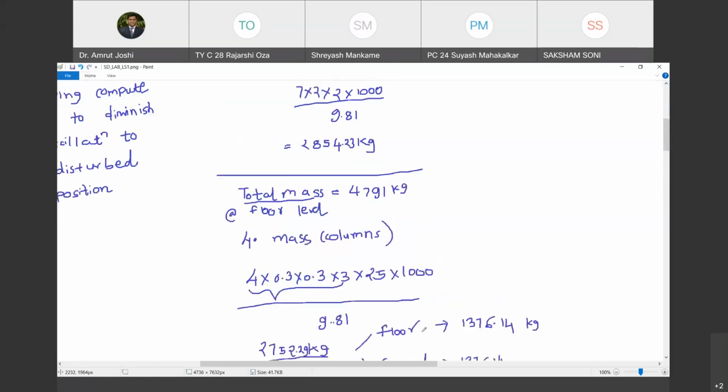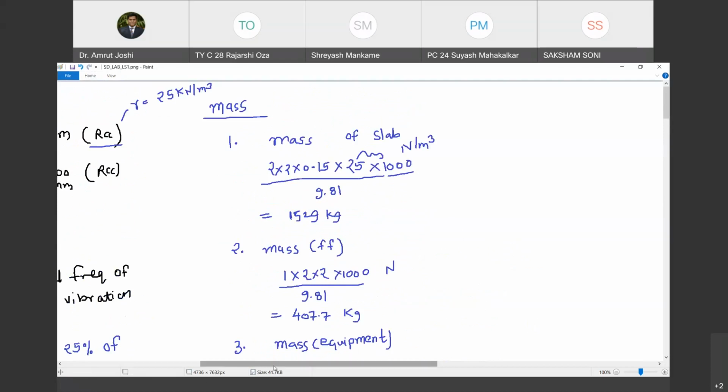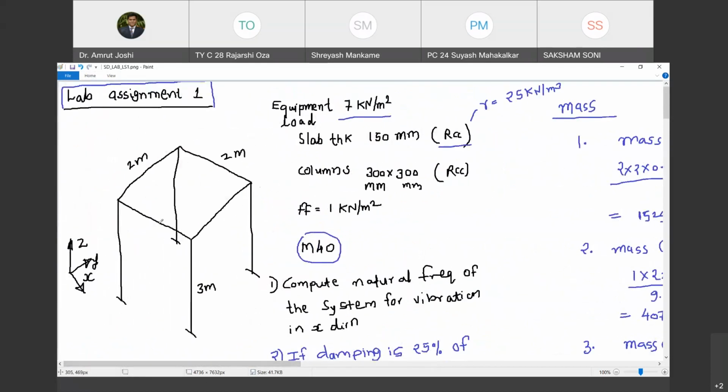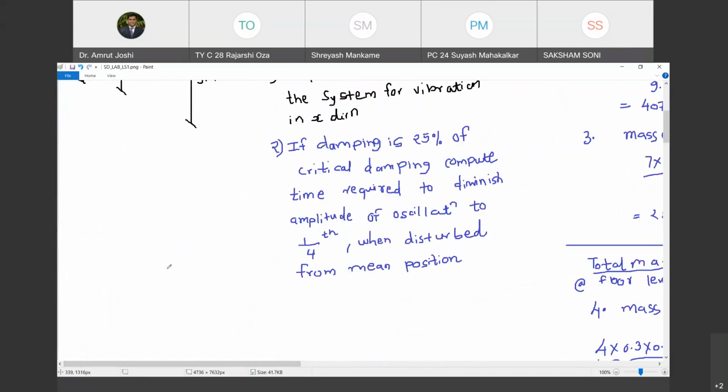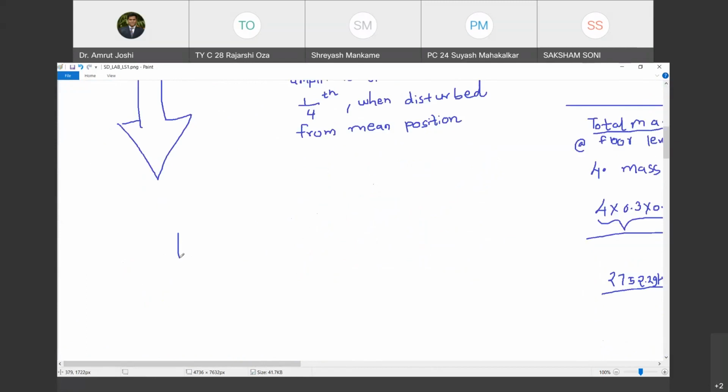14 kg. Now, what we are trying to do is translate this system into a single degree of freedom system that we have already learned in the class. So what do we want to translate it into? We want to transform this system. Let me now show you the transformation. I want to transform this system into a system like this,